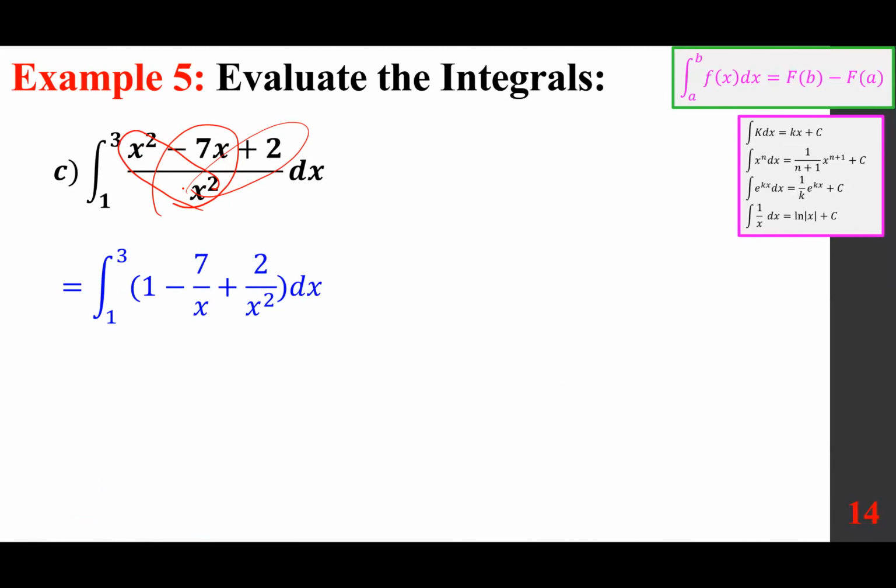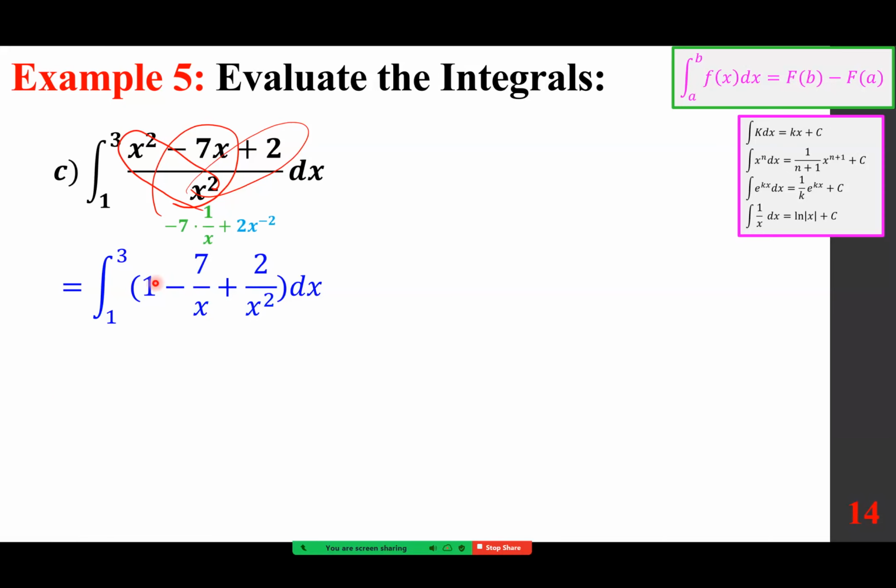By the way, we have done this already, okay? But we haven't evaluated like this. So we did do it as an antiderivative, but not as a definite integral. And so we are going to rewrite minus 7 over x as minus 7 times 1 over x, and the other one as 2x to the power minus 2. So it becomes clear